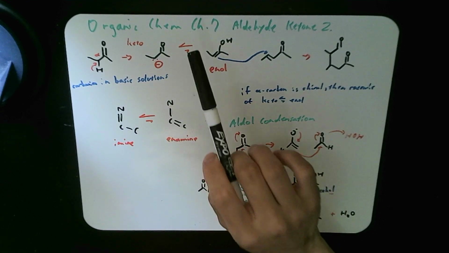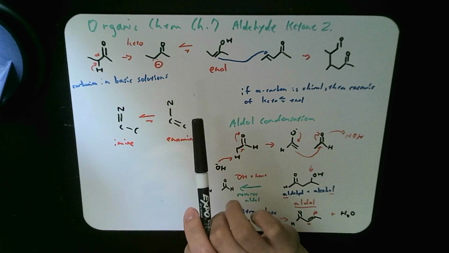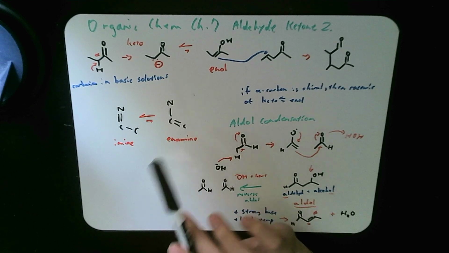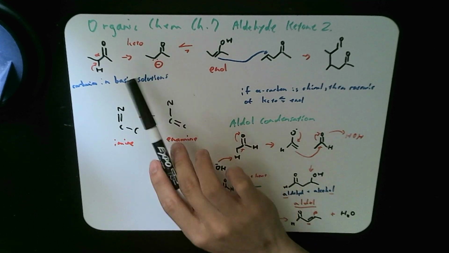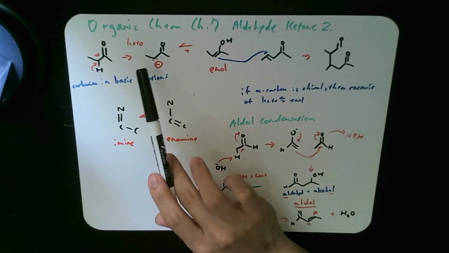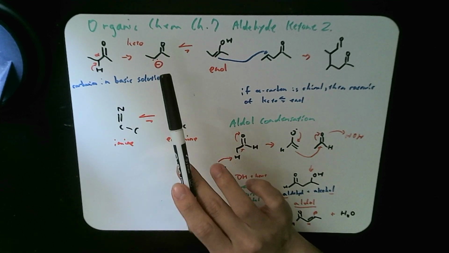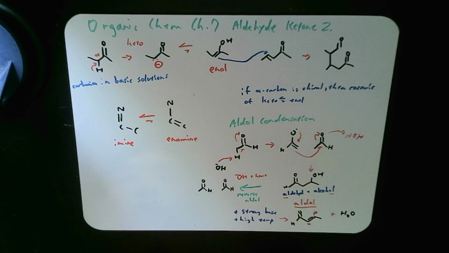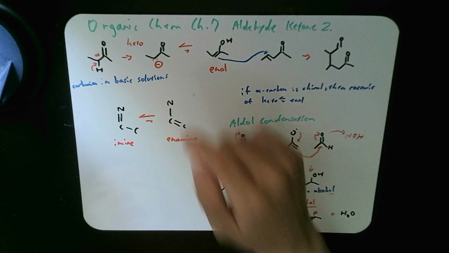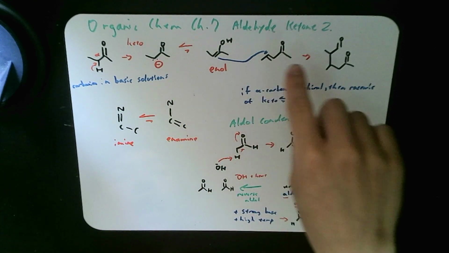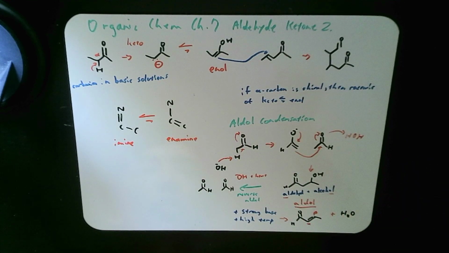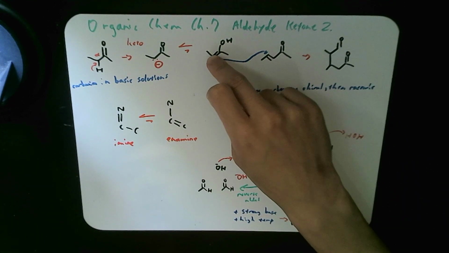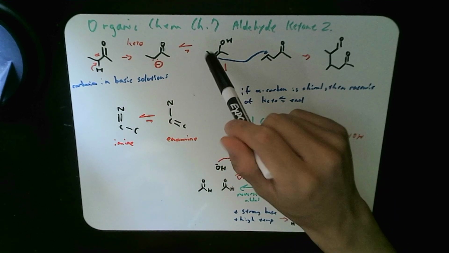Next, what this does is that in any solution equilibrium, if conditions allow, they will do this keto-enol shift, but the keto form has much better stability, so it will favor keto form much more than enol form. However, in a basic solution, the electrons will be forcibly pulled off, and that will allow what we call an aldol condensation, where this carbanion,